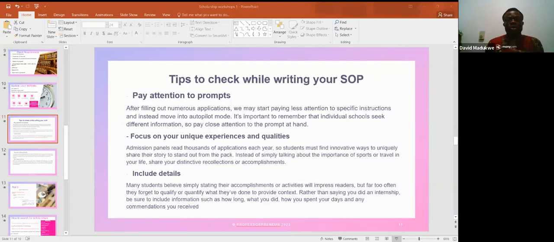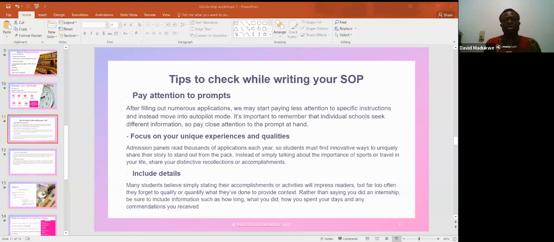Another one is to focus on unique experiences and qualities. Every human being has different abilities or qualifications. What makes you stand out? Why do you think you are qualified for this particular program? Why do you think you are qualified for this research you want to conduct? Why do you think they should leave other people and consider you for this project? That's where unique experiences or unique qualities come into place. You can tell them you have high teamwork experience, you have worked in so many areas, you have organized research, you have gone to conferences, seminars and workshops. That makes you stand out.